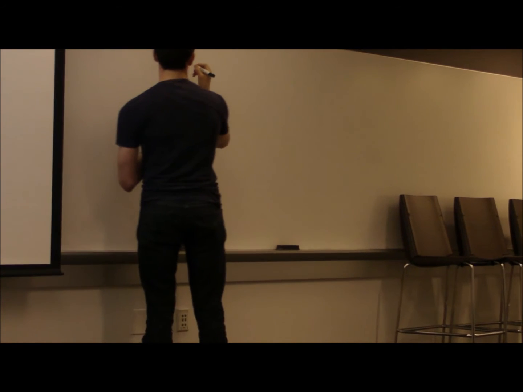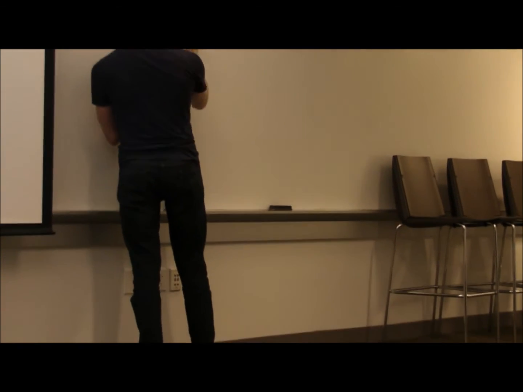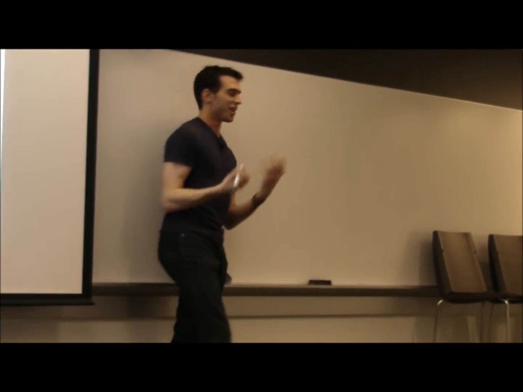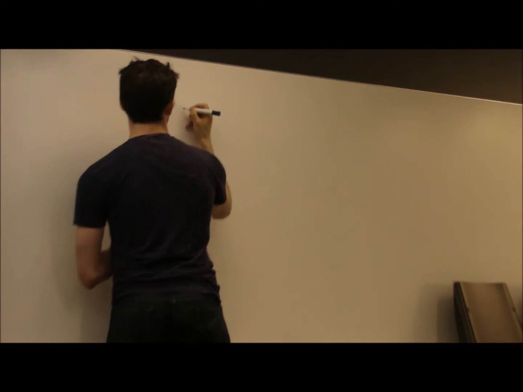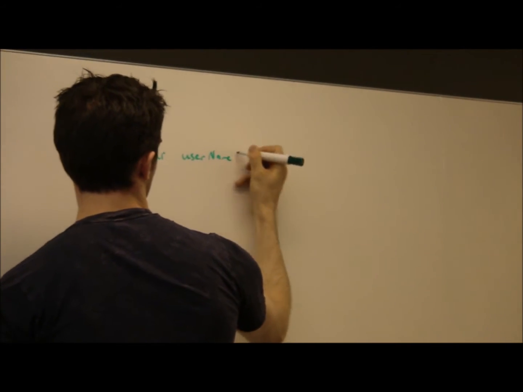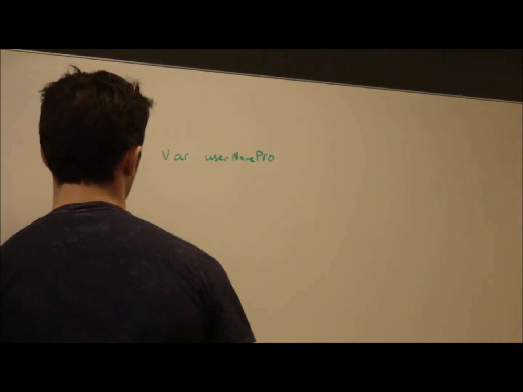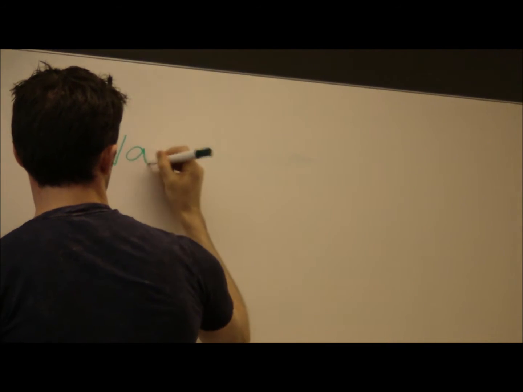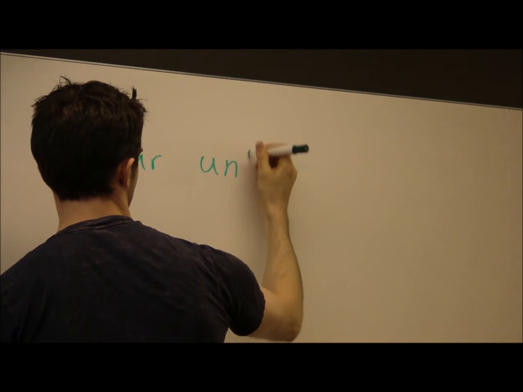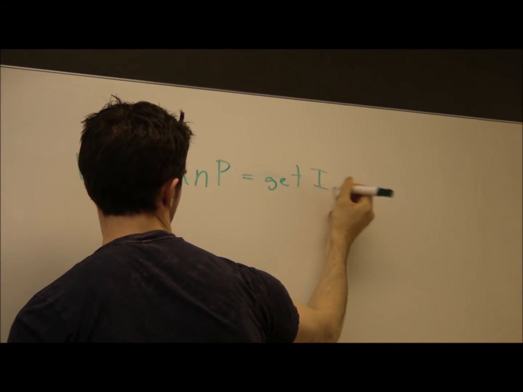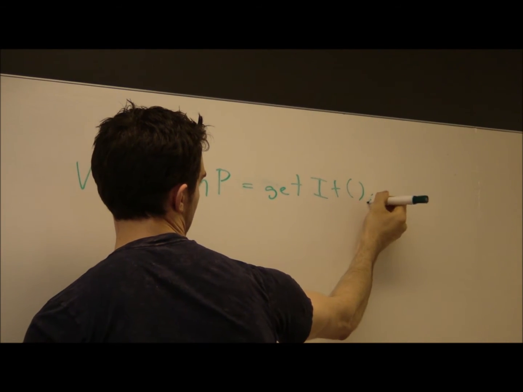So let's say I've been given a promise. Is it okay if I don't show how to create a promise yet, and I'm just given it by some other API, or should I show? I've got one right here, right? Okay. So I have var usernamePromise. This is probably too small. Let me start over. usernamePromise. So I'm going to get it from some other API.